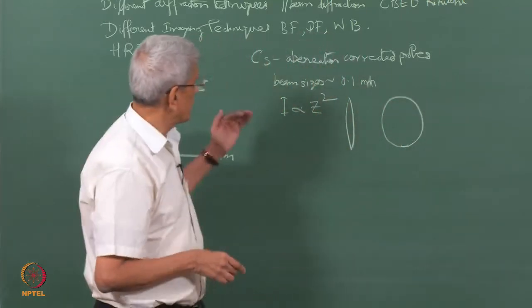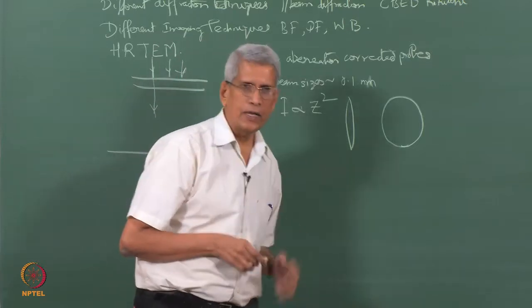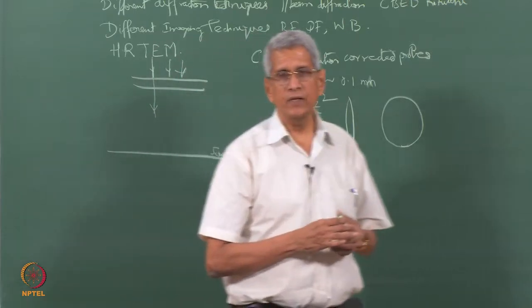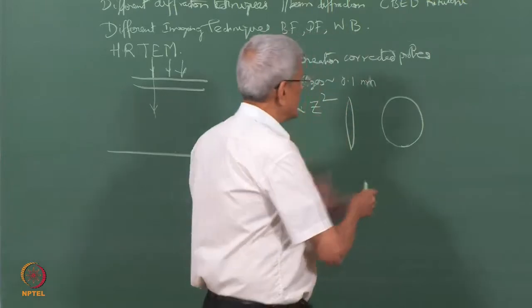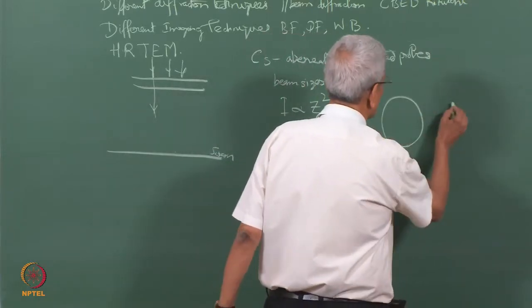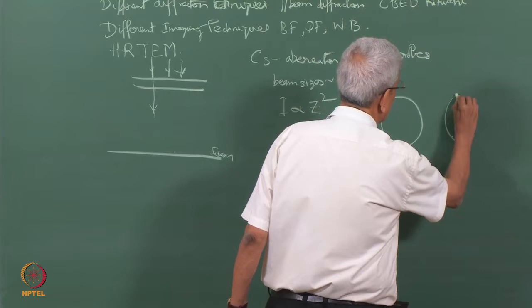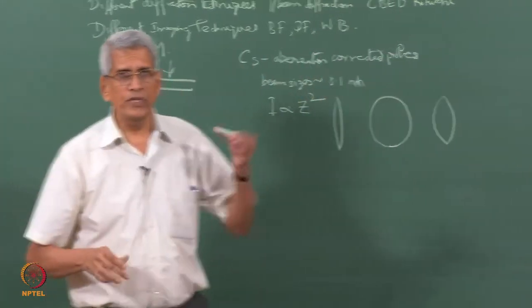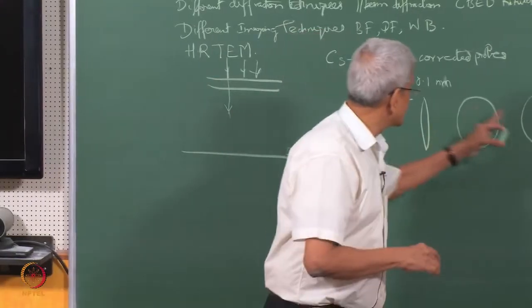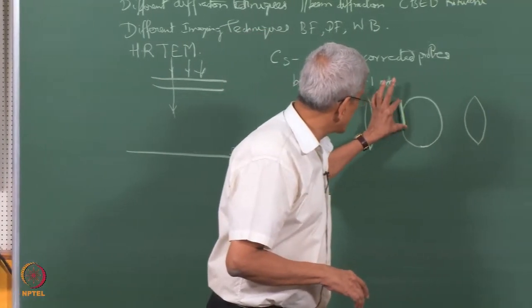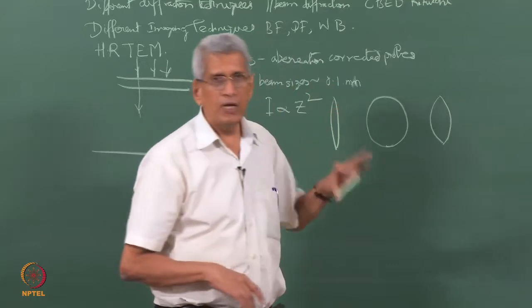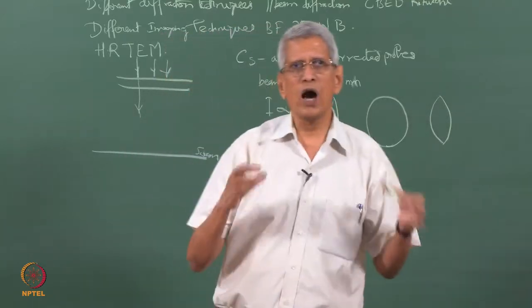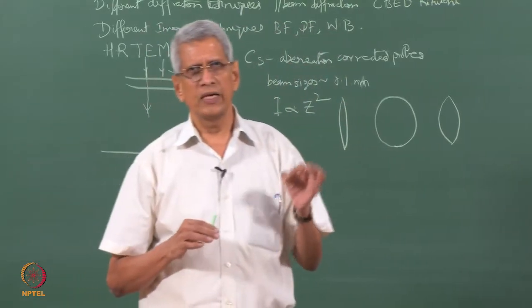Depending upon which direction I look at that sample, I get different information. In between directions, the size will look like this. So, if you take one picture and get a size, whether it is like a circle or an ellipse, we may not be able to say anything about what the actual shape